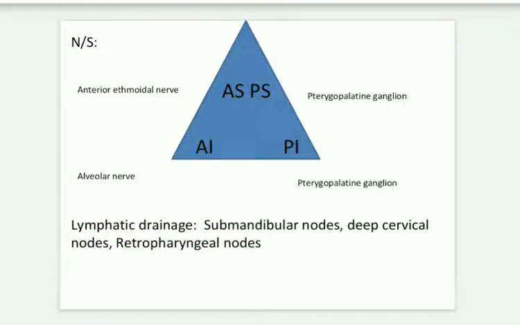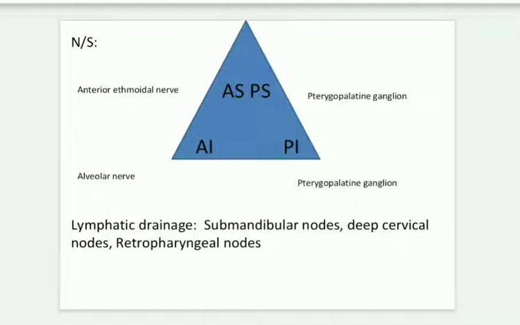And now nerve supply, you draw in this way, as you can see it resembles a nose and is divided into four parts: anterior superior, posterior superior, anterior inferior, and posterior inferior. Your anterior superior is supplied by the anterior ethmoidal nerve, posterior superior by pterygopalatine ganglion. If you remember, you can write medial posterior superior nasal branches of pterygopalatine ganglion. Better to write pterygopalatine ganglion. It is easy to remember.